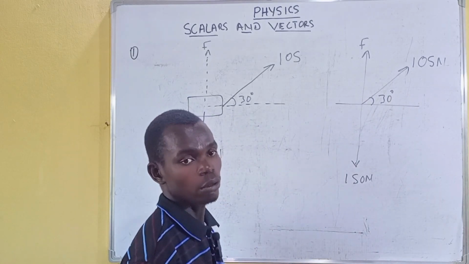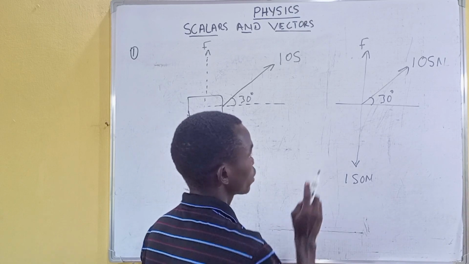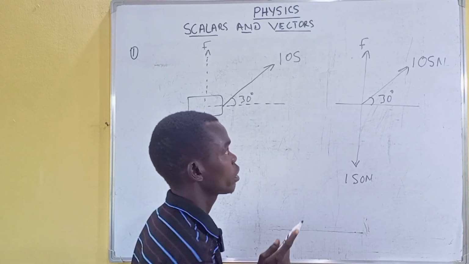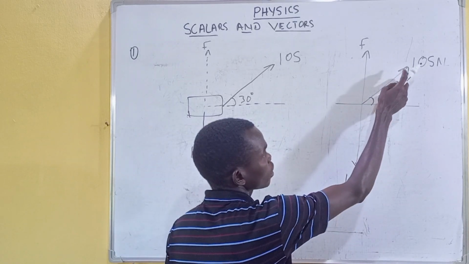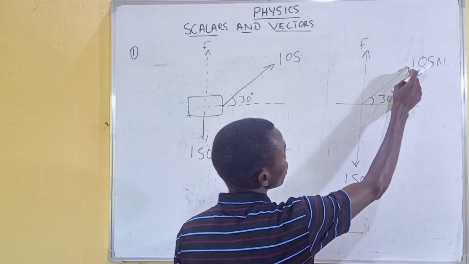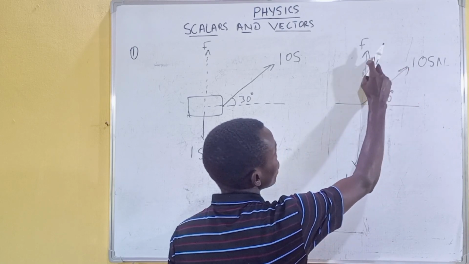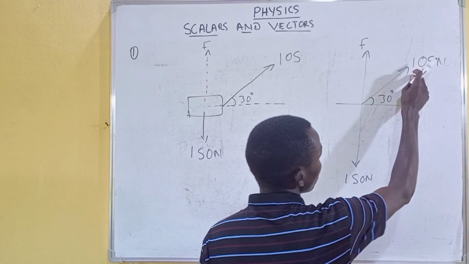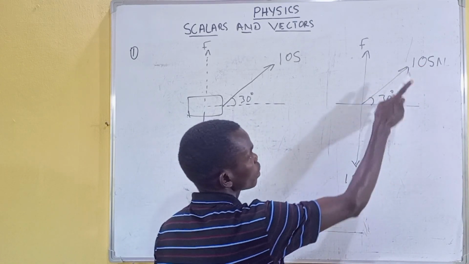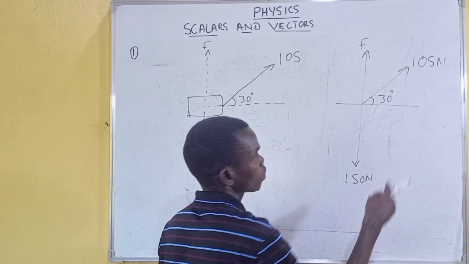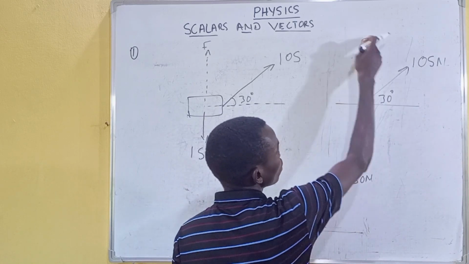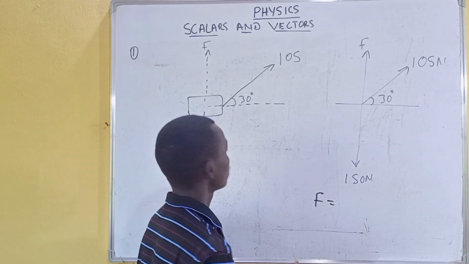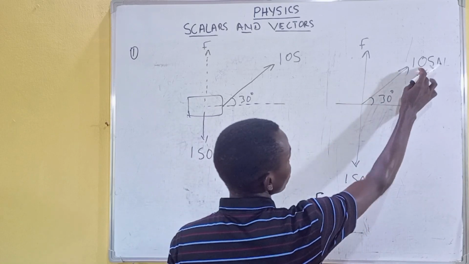From our resolution of vectors, this is the reversal process, which is breaking this vector into the vertical and the horizontal component. So when you resolve this to the vertical, our force tending to lift the load upward will now be 105